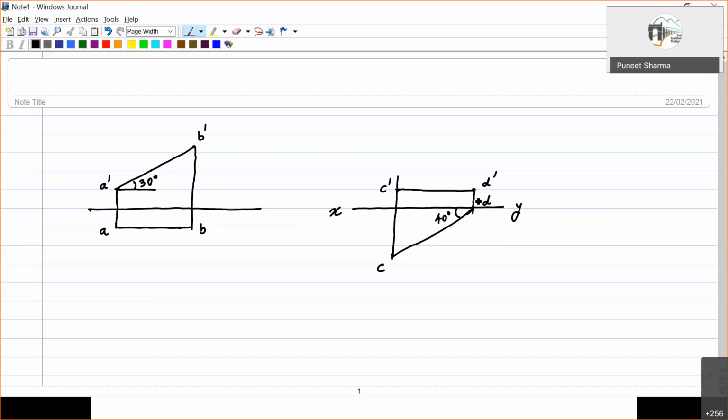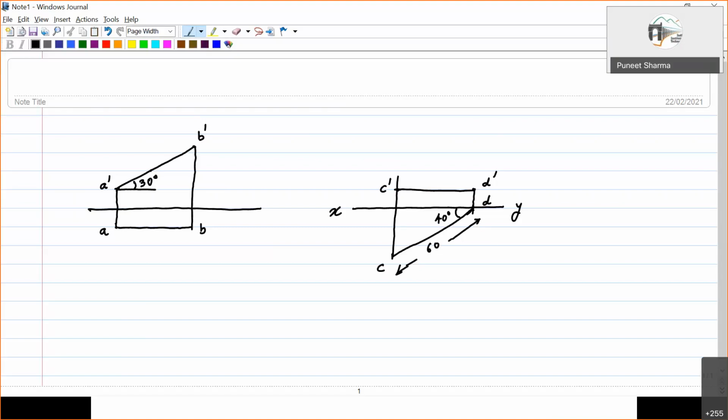So that is what I was trying to discuss, right? So here you see we could make use of this length, and this inclination of 40 degrees, right? Because the line was parallel to the horizontal plane. If it is not so, then we will not be able to get this inclination in the top view. The inclination in the top view will be different, right?